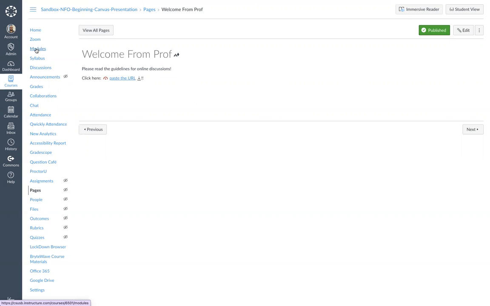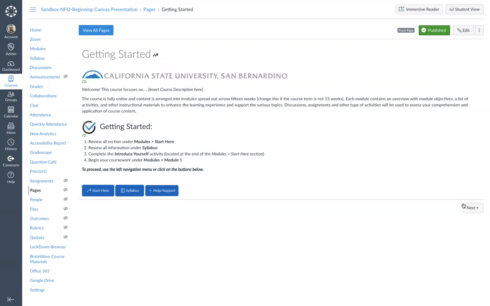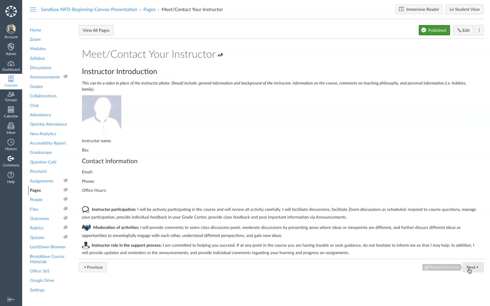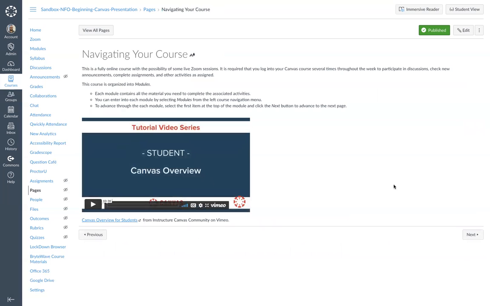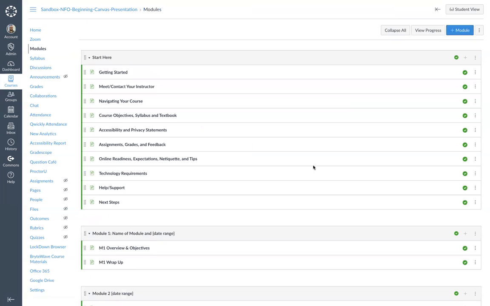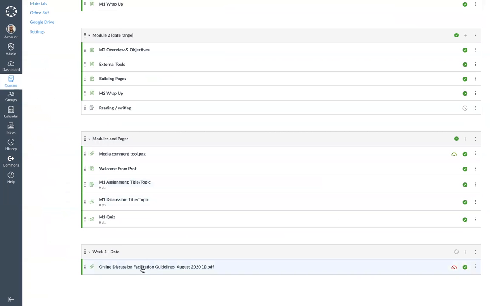So just real quick, going back to modules, everything that you see here, you'll start to learn that the icons in this particular module, these are pages. So when I click on getting started, this is a page. I have my next button. Here's my next page. So all of this is content, but the content is organized in pages so that you don't simply add a particular link to an article. You can still do it.